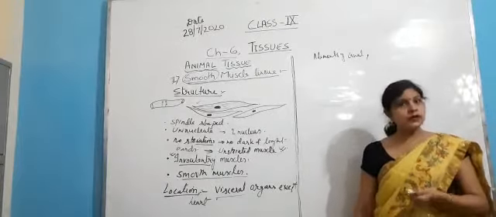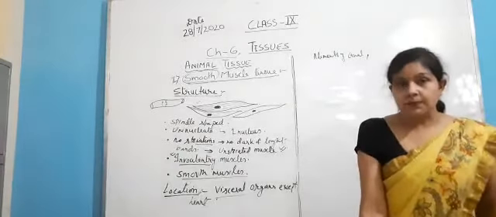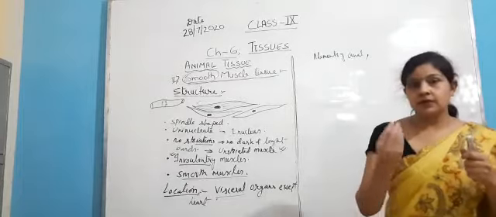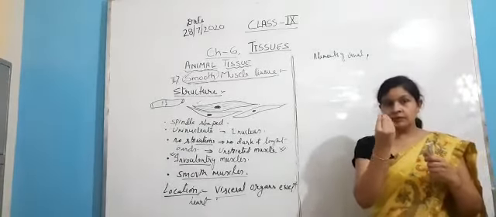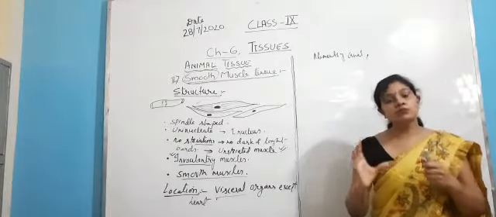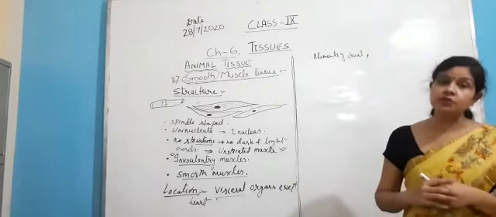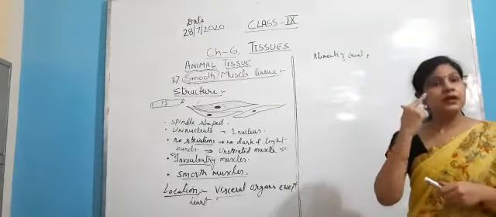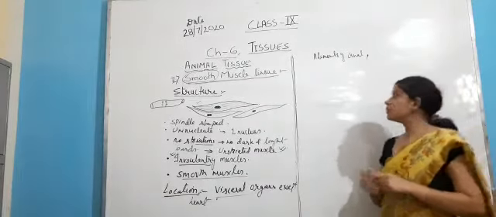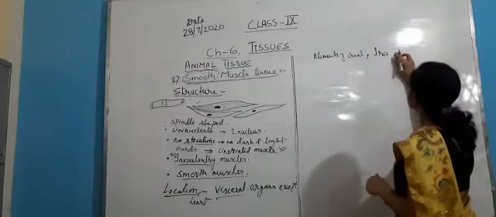You cannot control it. Children, you have seen that whenever we go to a dark place, or when we come to a light place, our pupil becomes small or large. That is only because of the movement of the iris. So this movement of the iris is due to the presence of the smooth muscles. That means in our iris, smooth muscles are present.